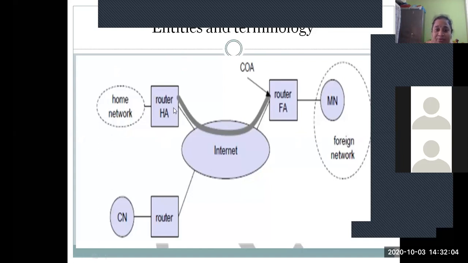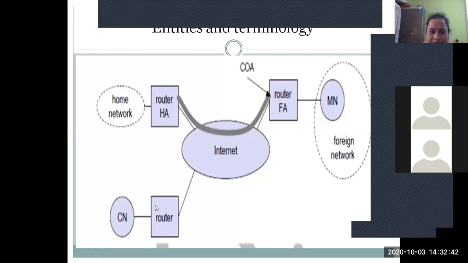There is the home agent router, the foreign agent router, and the correspondent node or partner is here. The correspondent node has a router here. From this home network, our mobile node has traveled to the corresponding foreign network. So in this case, our foreign agent router will become our own router. But how will the communication be continued? Whenever the correspondent node has to communicate with the mobile node, which has moved from the home network to the foreign network,